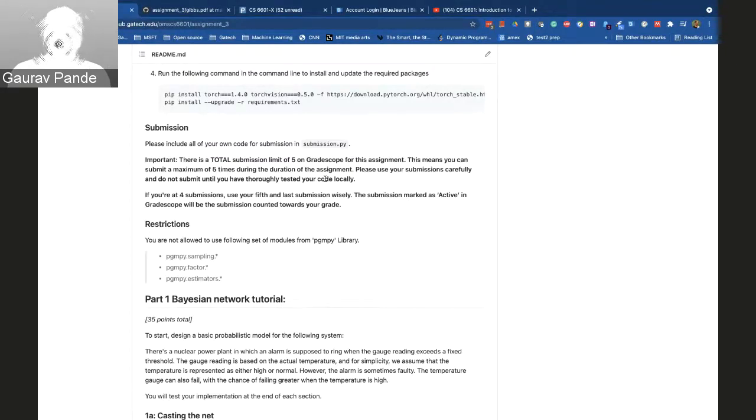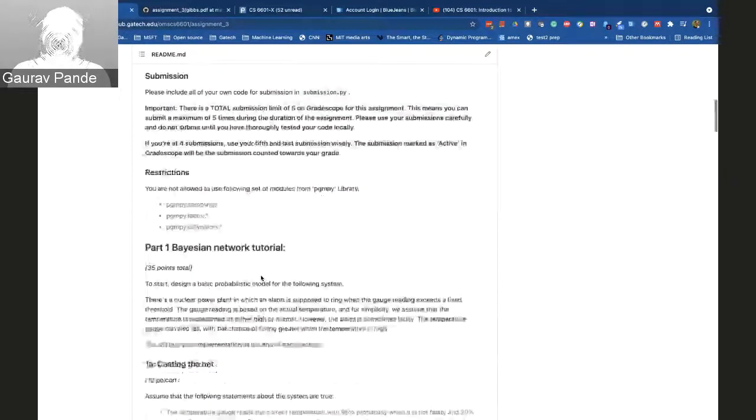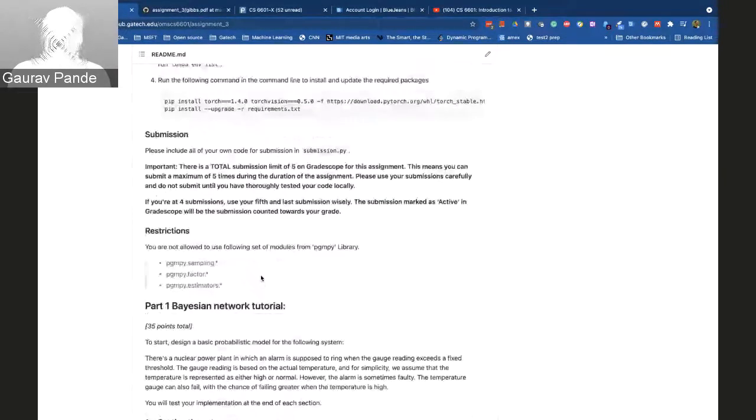The reason to do this is that the exercises, or the parts of this assignment, are such that you can brute force your solution. If we give you an infinite number of submissions in Gradescope, you can easily brute force your solution and get a full score. So that is one of the reasons we wanted to limit the number of submissions, so you can learn and at the same time figure out on your own if you are doing things right or wrong.